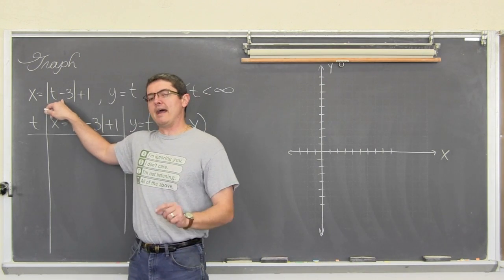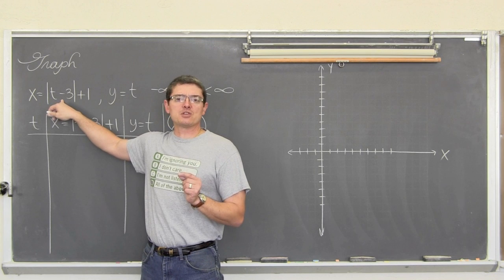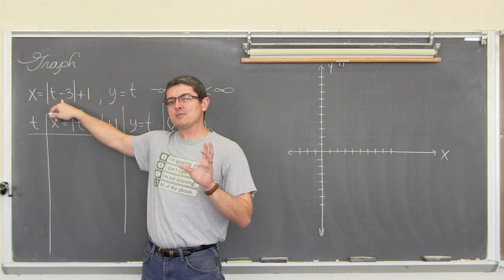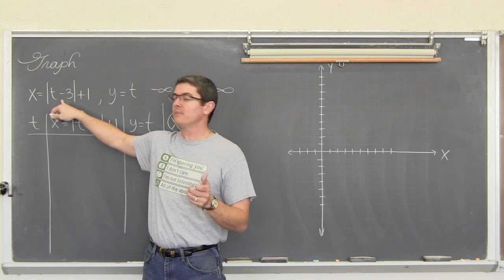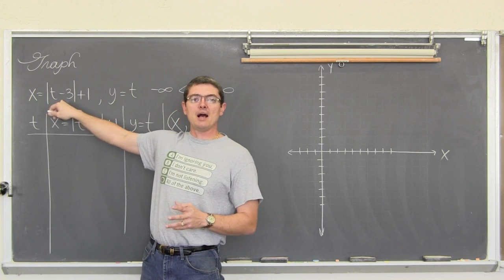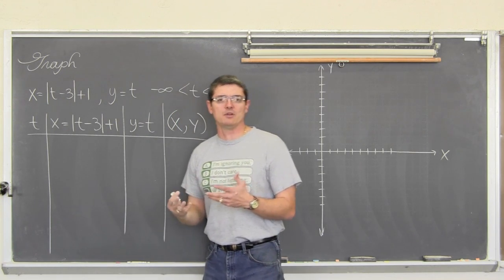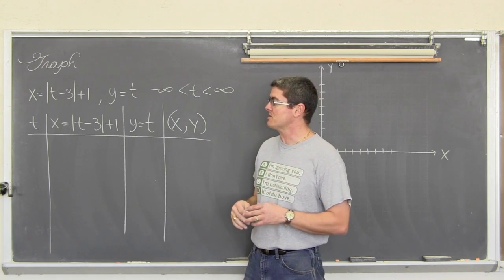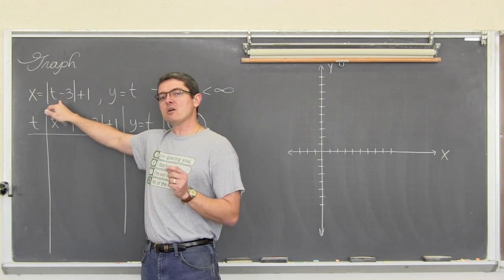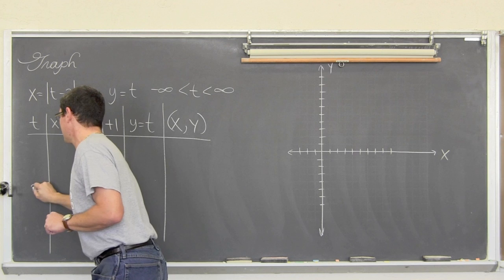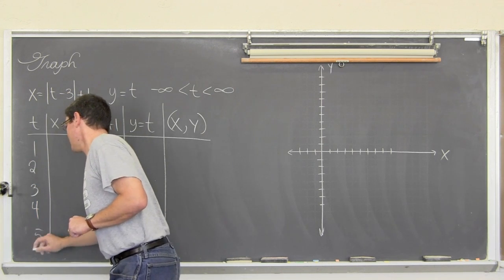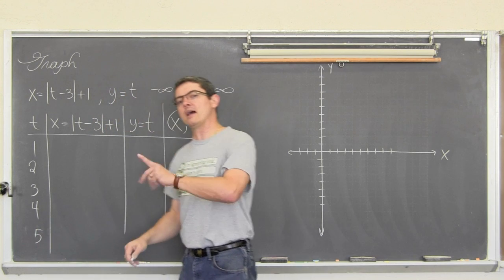So something is going to happen here where this expression equals 0. If you plug anything in that makes this negative, the absolute value is going to eliminate the negative sign, and anything that allows this expression to be positive is going to keep everything the same. You know, the absolute value of 4 is going to be 4, nothing changes. But something happens when this becomes 0. That's the break. So we're going to make our middle t value equal to 3, and then pick a couple of numbers that are smaller and a couple of numbers that are bigger, and allow that to set up our